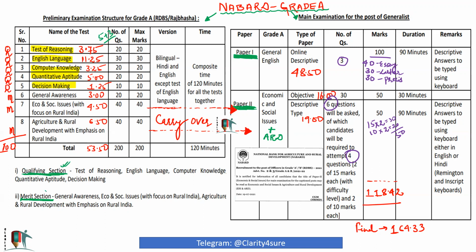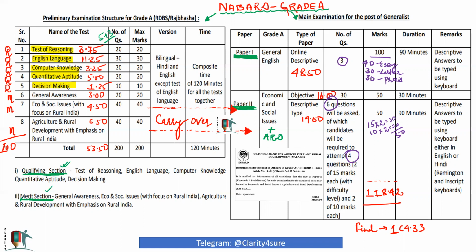are the merit section. In the qualifying section, you only have to clear the sectional cutoff, right? But in the merit section, that is paper number 6, 7, and 8, the marks decide who goes to the next round, that is phase 2. The more marks you gain in 6, 7, 8, the better the chances that you will qualify for phase 2 of the examination. That's why it is called the merit section. The qualifying section is also of 100 marks and the merit section is also of 100 marks. Both constitute 100 marks, but for papers number 1 to 5, you just have to get the